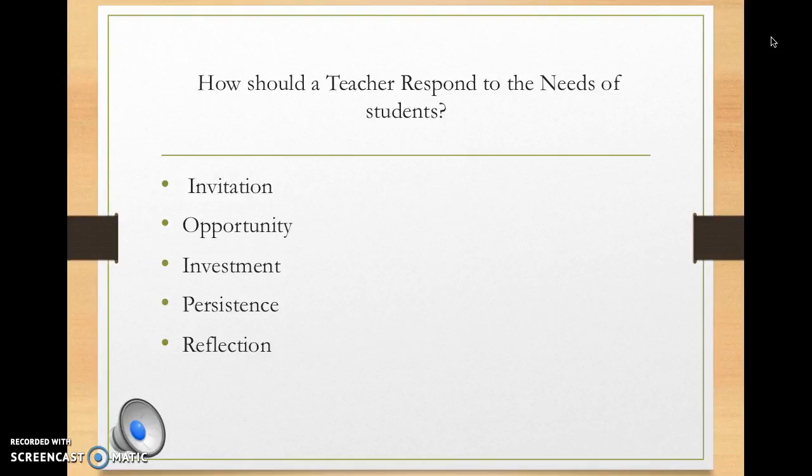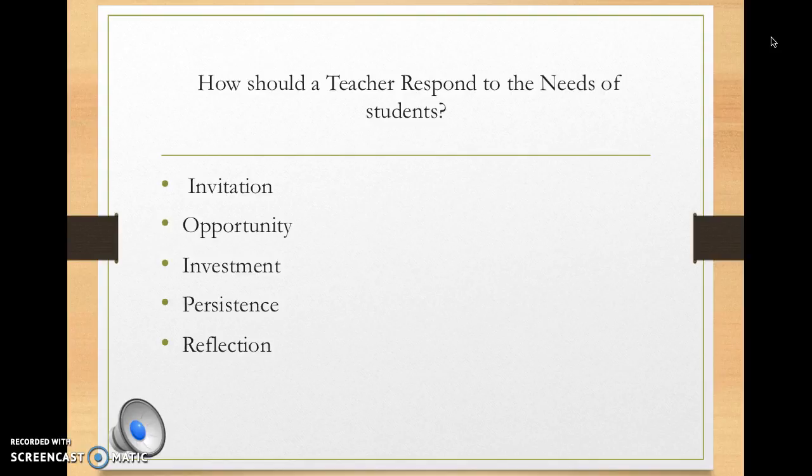How should a teacher respond to the needs of students? The teacher should respond with invitation, opportunity, investment, persistence, and reflection. A teacher should always be accepting of the students and what they may ask, and for opportunity, the teacher should always allow the students to say their answers regardless if it's right or wrong. This creates an encouragement to the students. Investment is where the teacher should